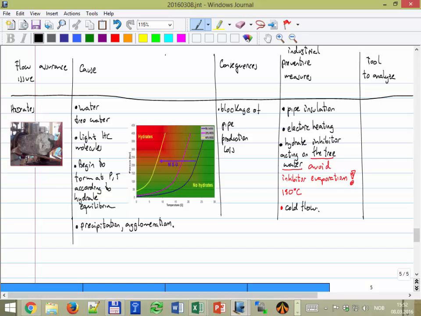I'm not sure if you have heard of it. People say that the main issue is, like you said, it's not like you see here. It's not the precipitation of the hydrate, okay? It's not the formation of the hydrate, but it's actually the agglomeration, that they tend to stick together,